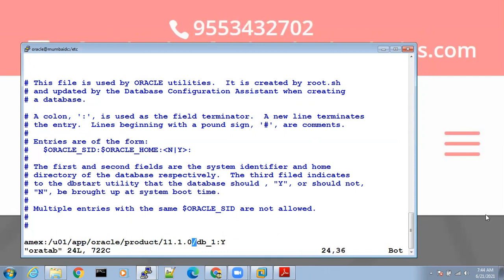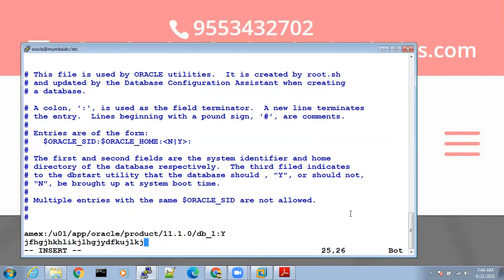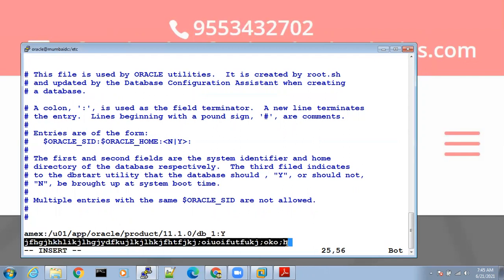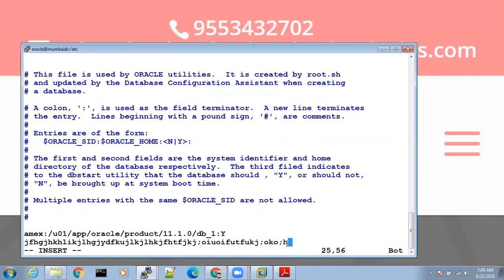Now, insert mode. Again I went to insert mode. I'm typing something else, and I don't want to save this file. Only this line, which is wrong, I don't want to save. I want to quit without saving. How to quit without saving? Escape, :q!.